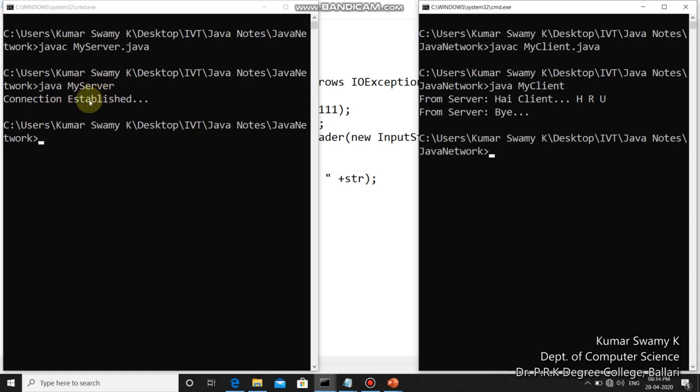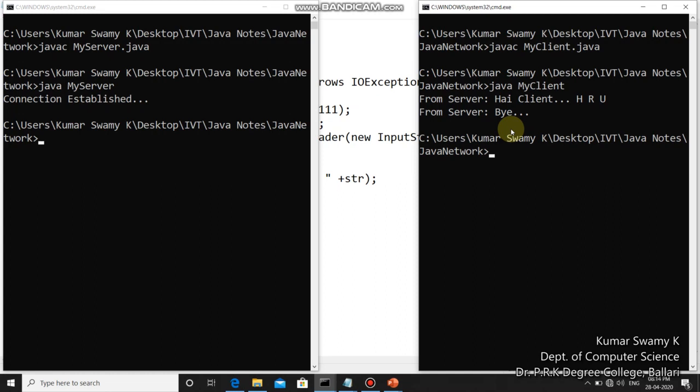Soon the connection is established, it immediately displays the data sent to the client side. You could see that from the server there is a message saying hi client, how are you, and from the server another message saying bye. So this type of communication we could generally call a one-way communication.